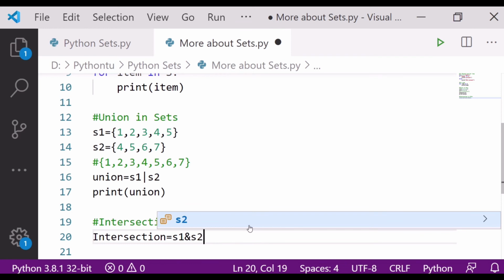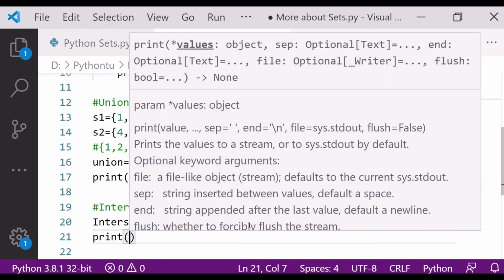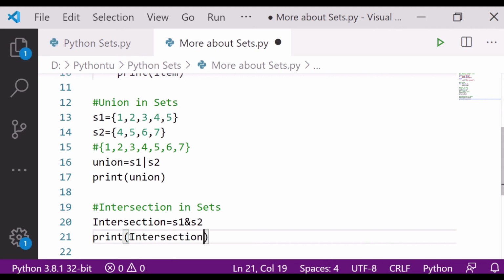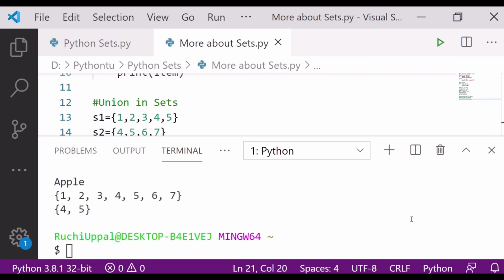Then after that I'll print intersection. Control S. Great, so you are seeing the numbers 4 and 5 were common. By using intersection in sets, we are getting the common numbers as output. I hope it is clear to you.